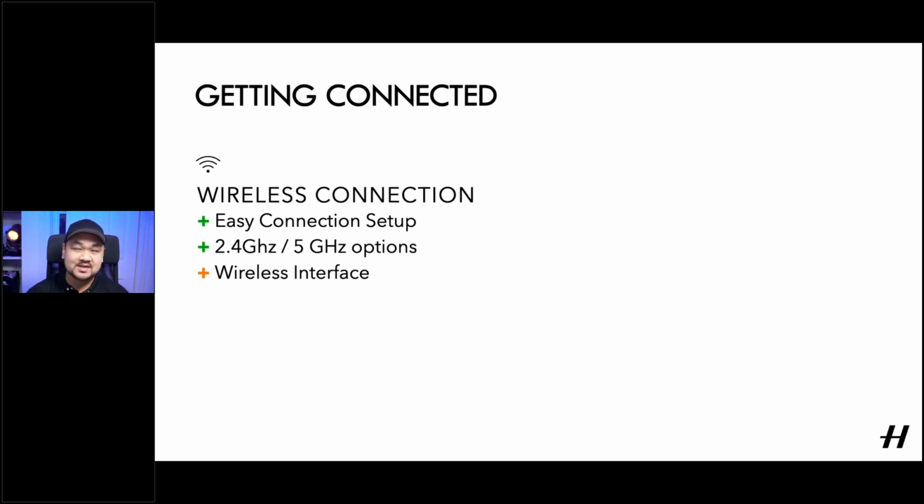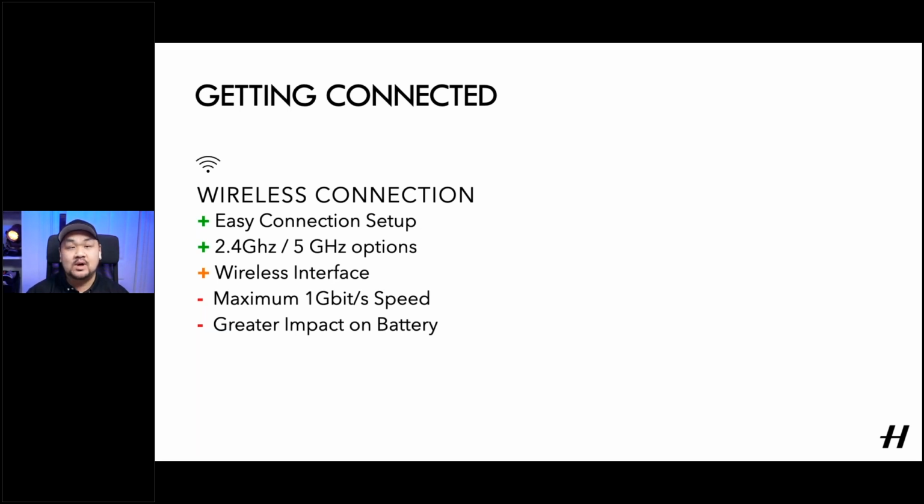So there are no cables to trip over, but it also means that you're at risk of any kind of interference. So if you have multiple wireless routers, microwaves, cordless phones, strangely enough, even some dedicated flash triggers can make wireless connectivity a little bit unstable. And in that same stroke, the fastest Wi-Fi connection is still about 1/5 of what a cabled or a wired connection can achieve. And in that line, because the camera is now generating its own ad hoc Wi-Fi network, it will drain the battery a bit faster.